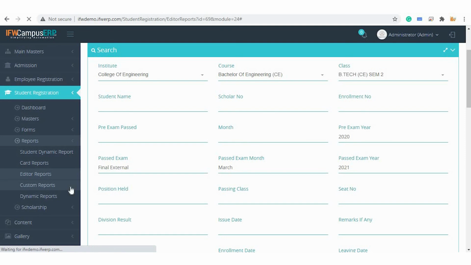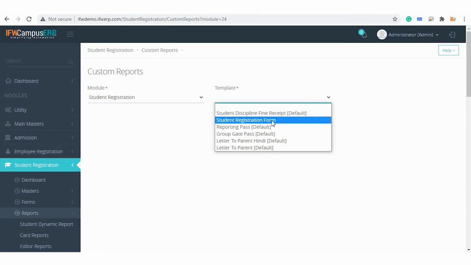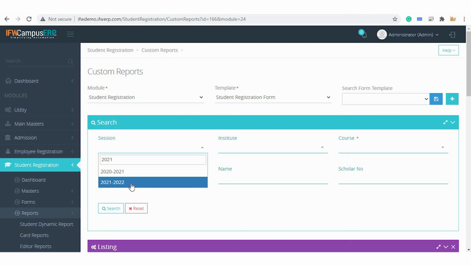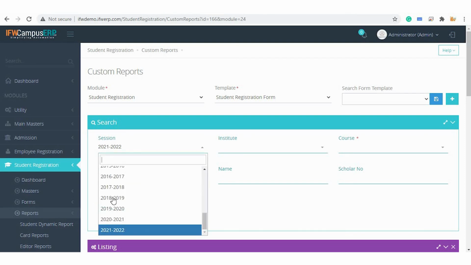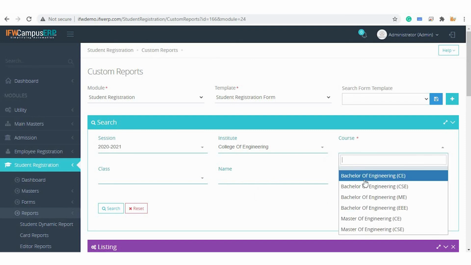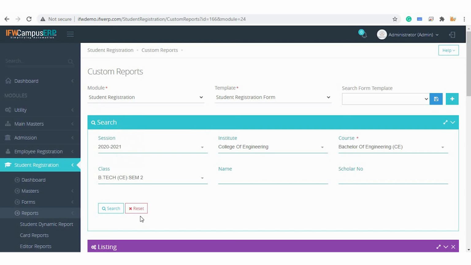Next is the custom reports. Custom reports are used for form kind of reports like student registration forms. Select the institute, course and class. You can also give the student name and scholar number if you have them and click on search.